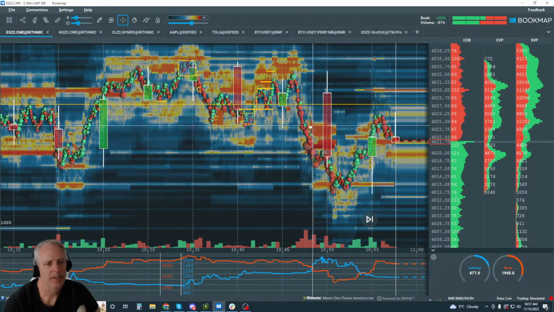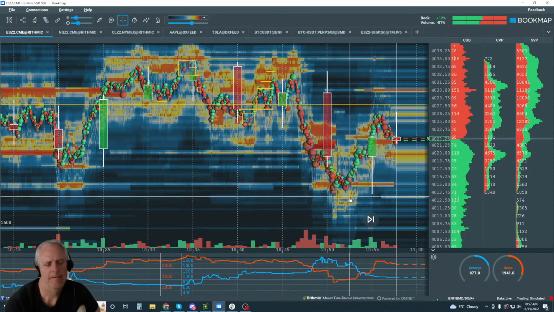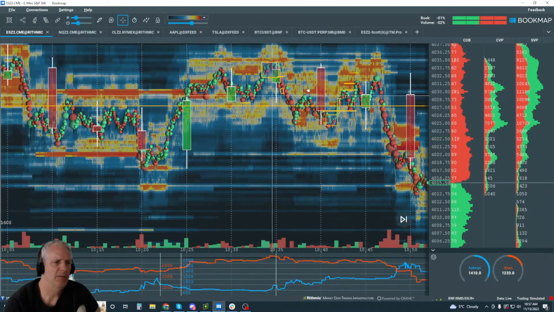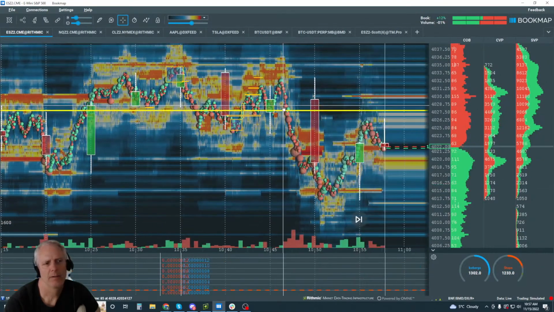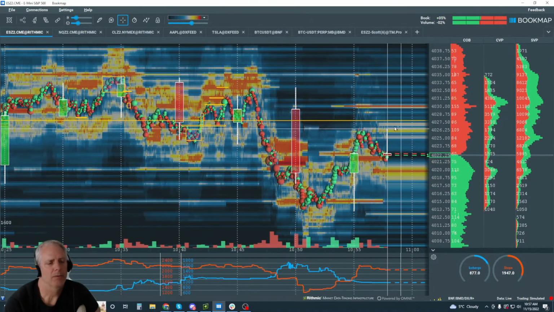I mean, you know, it's not bad, right? It's not bad. That's a 10-point move from 25 to 15. And then we saw some of these other moves in here too. So